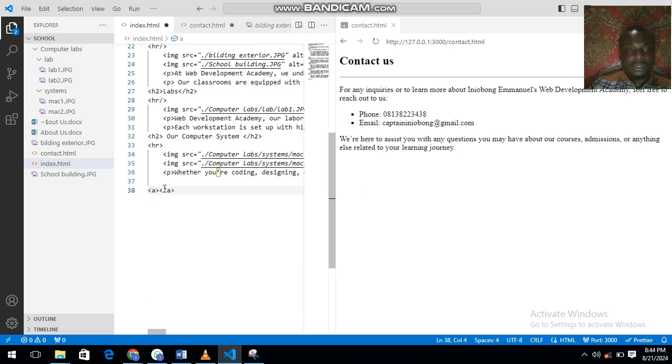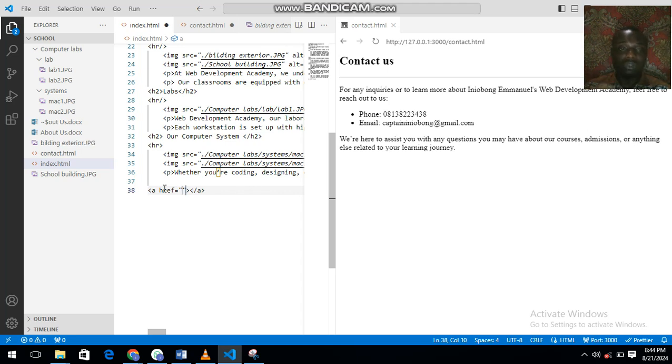Okay, we use the anchor tag, and inside this anchor tag we want it to be href. Href is telling you that there is a particular link, it's pointing to a link. Do you understand? Remember, for you to be able to link up one web page to another, you need to use the href attribute. So href is an attribute that tells you that this particular link here is a link to another web page.